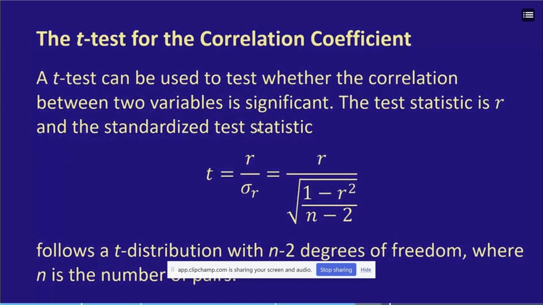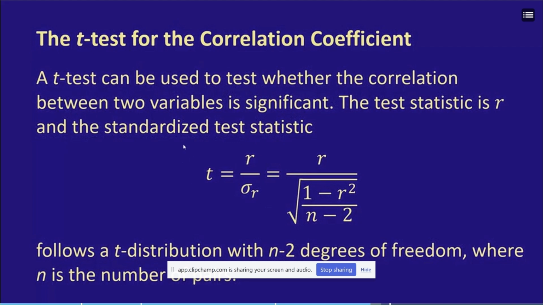The test statistic is r, and the standardized test statistic t is equal to r divided by sigma subscript r, which is the standard deviation of the r's, and that's equal to r in the numerator divided in the denominator by the square root of, in the numerator, 1 minus r squared, divided in the denominator by n minus 2. And that test statistic follows a t-distribution with n minus 2 degrees of freedom, where n is going to be